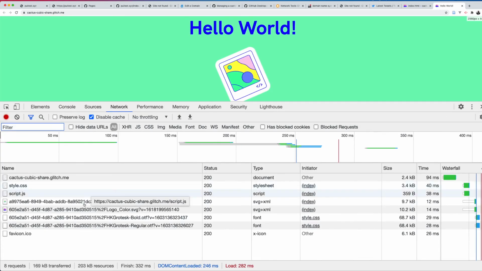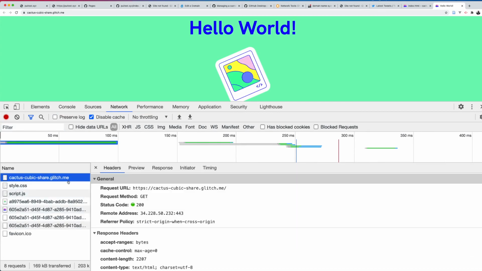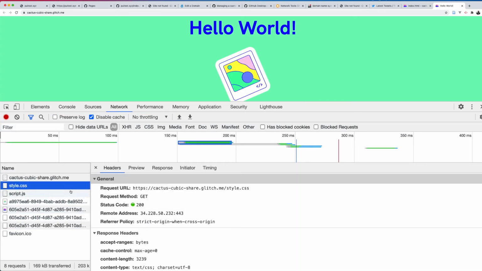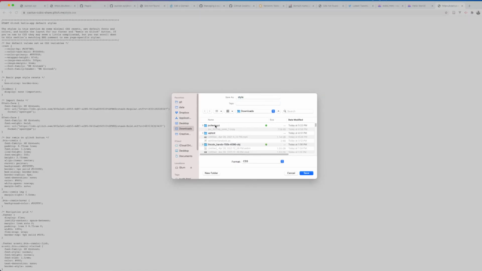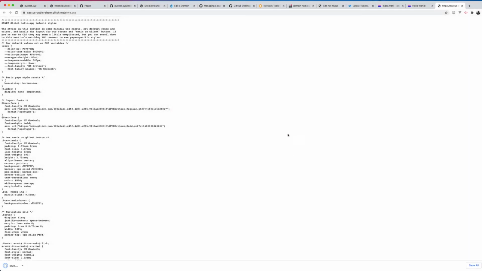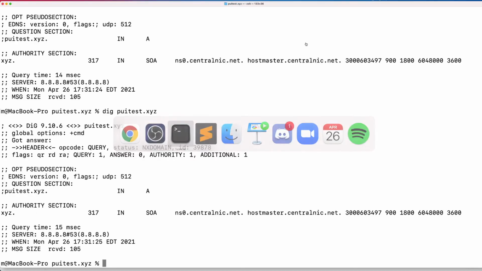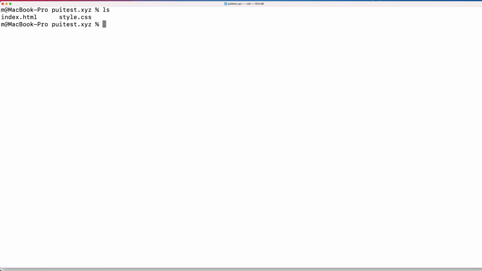So these are all assets that are being loaded here. So there's the home page, which is the index HTML, the styles page. You could save this as file and save it to your directory and then commit it. So for example, save this here, save it as style CSS. So if I looked in my directory here, there's style CSS. I could git add, git commit style,